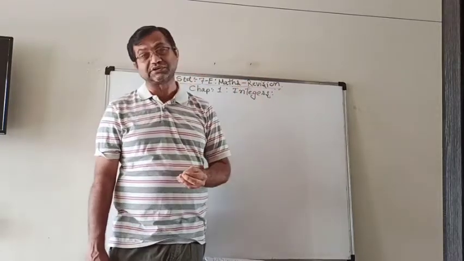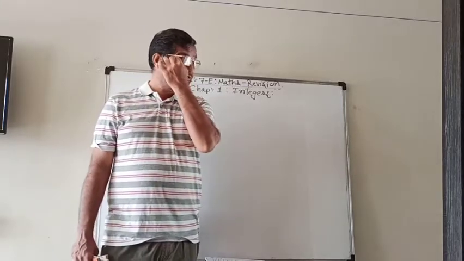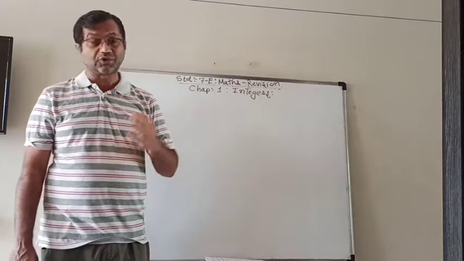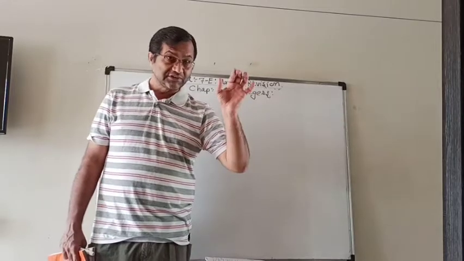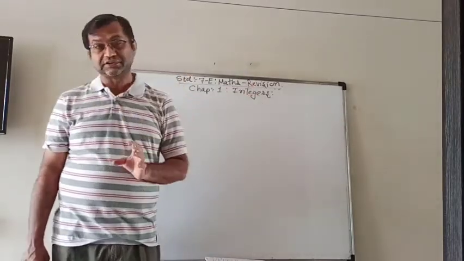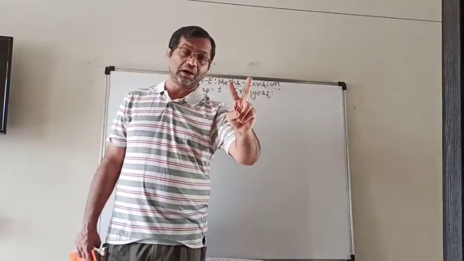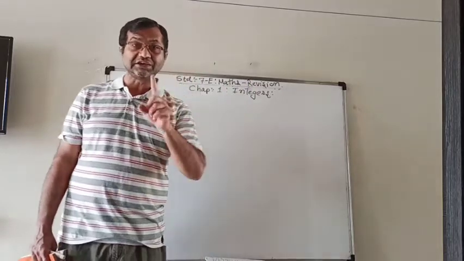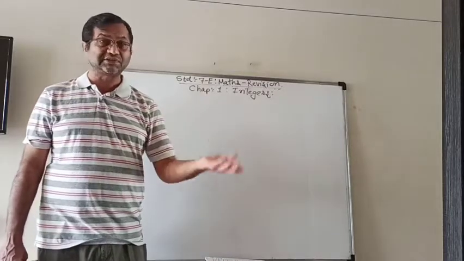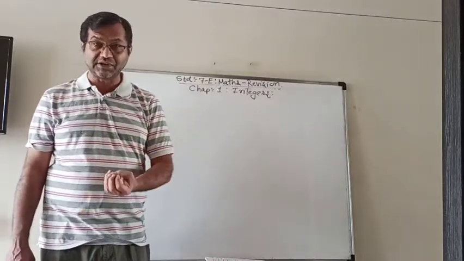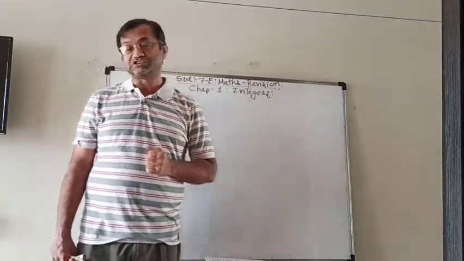Then we know about the negative numbers, opposite numbers, additive identity, multiplicative identity. We know that 0 is the additive identity, because when we add 0 to any integer, we get the same integer back. So 0 is the additive identity for integers. Similarly, when you multiply any integer by 1, the product is the integer again. 5 ones are 5, 10 ones are 10, minus 9 ones are minus 9. It means 1 is the multiplicative identity for the integers.